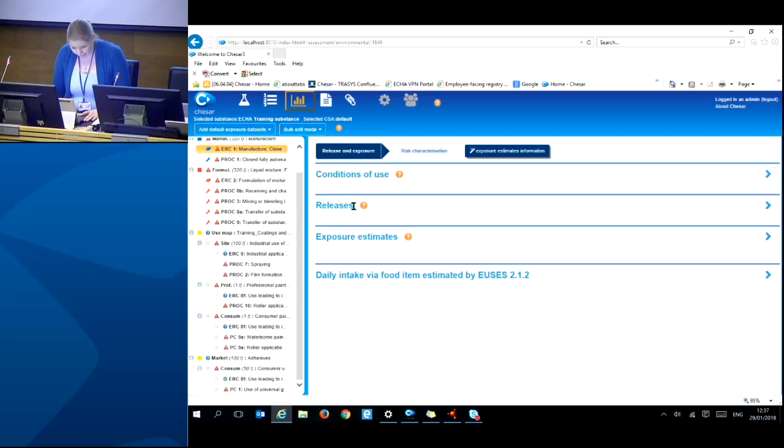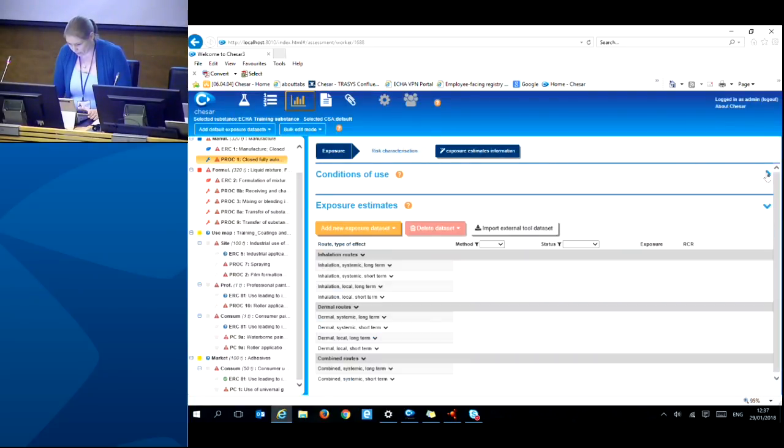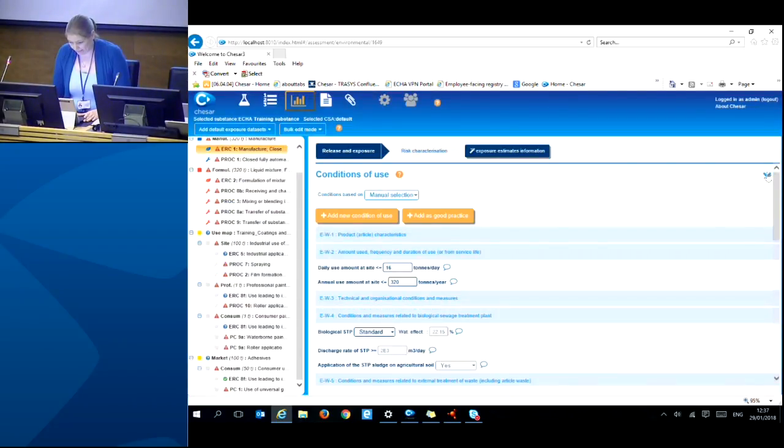Then releases, then exposure estimates, and then daily intake via food item estimated by EUSIS, which is the environmental built-in exposure estimation tool. For the environment, we have these 4 sections. Let me just go to a worker to show you the difference. It's a bit more simple. We only have the conditions of use and the exposure estimates. So for the environmental, we have a few more headings